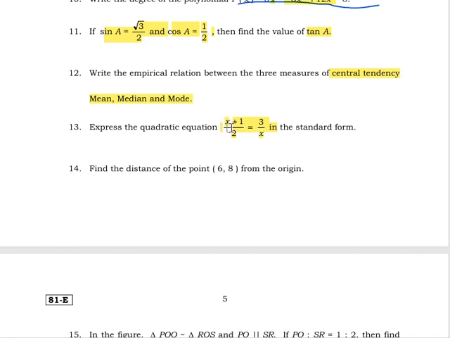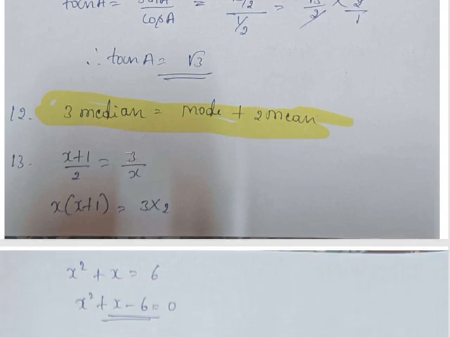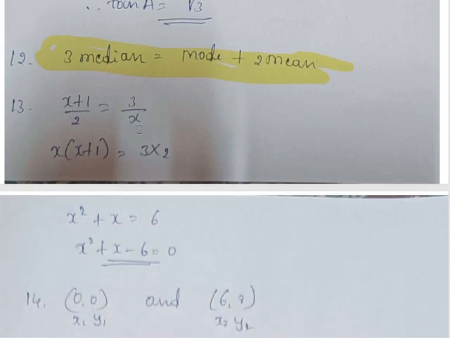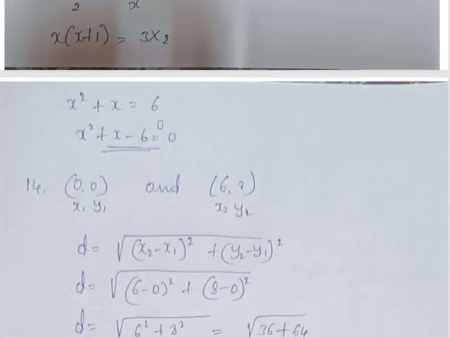You should cross multiply here, x plus 1 into x and 3 into 2, and simplify, you'll get the equation. So when you cross multiply x plus 1 into x and 3 into 2, x into x is x square plus x into 1 is x, and 3 twos are 6. If you take the 6 to the left hand side, it becomes minus 6. This is in the form of a quadratic equation, ax square plus bx plus c equals 0, that is x square plus x minus 6. Okay.